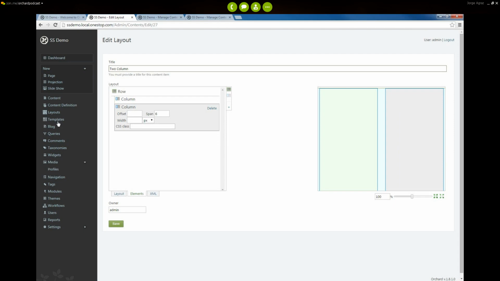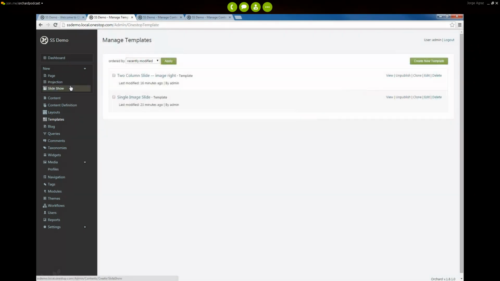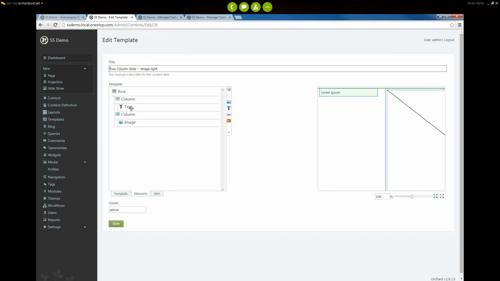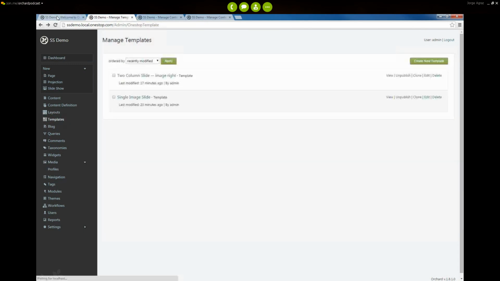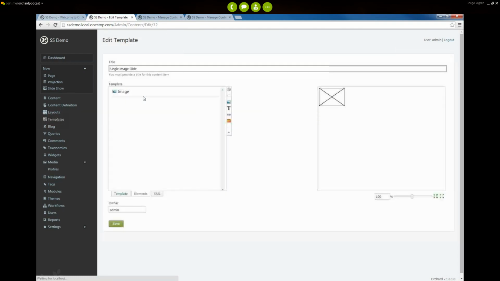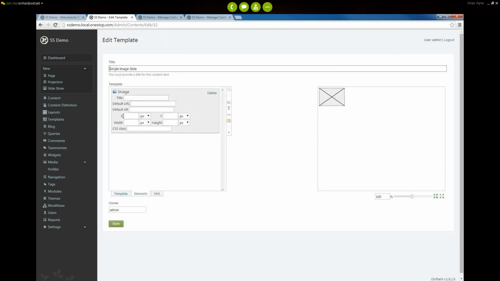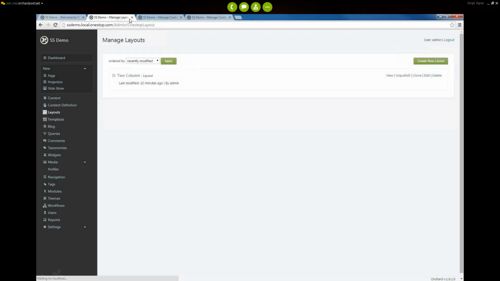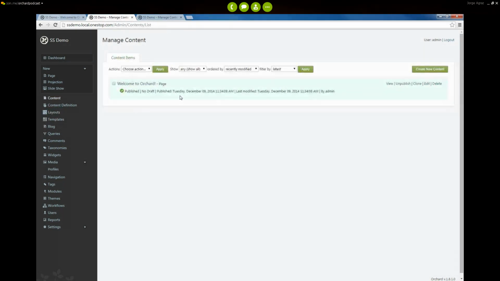And then if I go to my templates, I have created 2 templates. One of them uses the 2-column layout, so it has just some text on one side, an image on the other side. And then I have a single image slide, which doesn't use a layout. It's a simple image, just for some variety. So I have layouts, I have templates, and now I'm ready to go ahead and look at